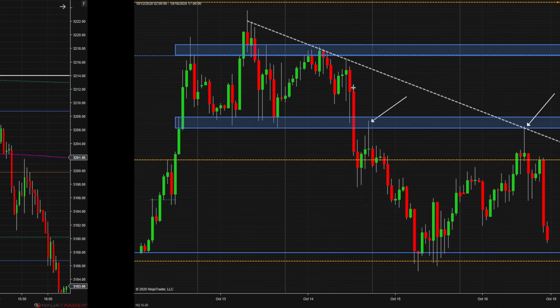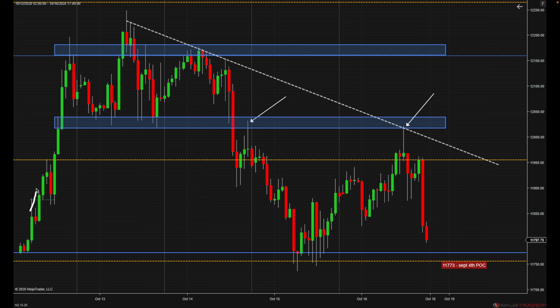And then if we take a look at another example, here is the same deal. Price is going up, it forms a shoulder, it forms a head, and then it forms another shoulder. So this is a head and shoulders. Price goes up, tries to go higher, then it fails, then it tries to go higher. At the break of this zone is where you can look to take your short as price breaks down, or you can wait for the retracement. Price gets back up to the retracement, it fails. Here's another reason to get short. Right here, stop loss above here. Stop loss can be above the head and shoulders itself,